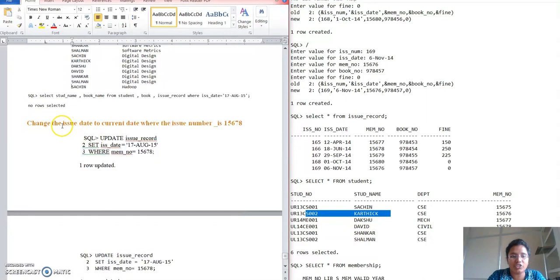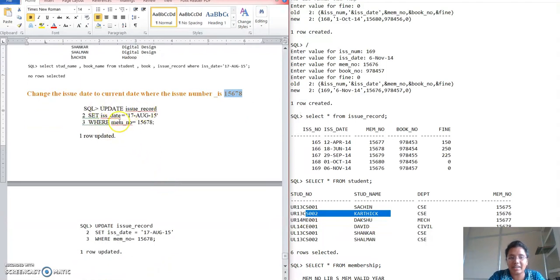So once you're done with that, you have the last thing, the current date of 15678 to be updated. So update command set date is equal to where member number